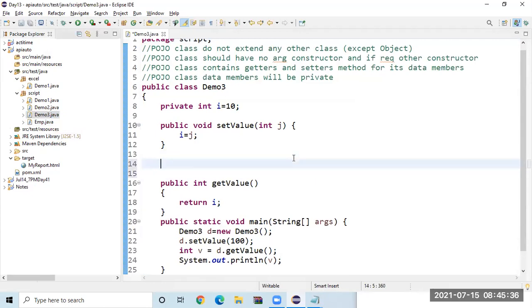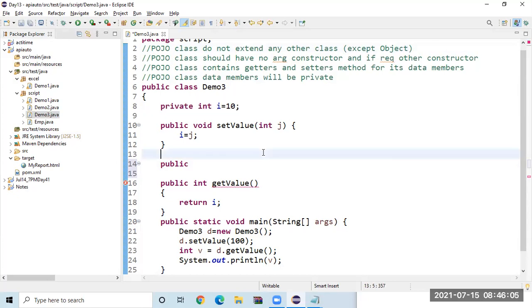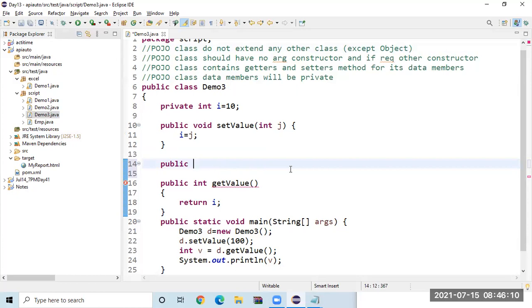Sir, one doubt. Tell me, please. If we do not follow these 4 steps, these 4 pointers which you have written, can we call it a class? It becomes an ordinary class. Usually it is not called a POJO class. When I say plain old Java object, it means the simplest possible Java class that you are creating. No unnecessary inheritance. You just have what data is there, and you do everything using getters and setters methods. That's the basic usage of this POJO class.